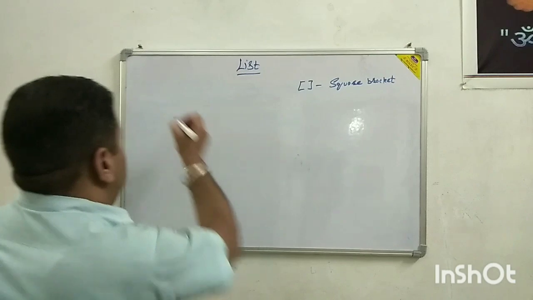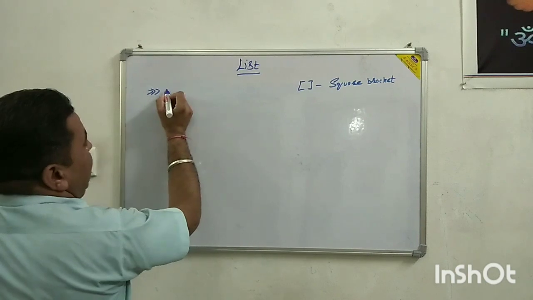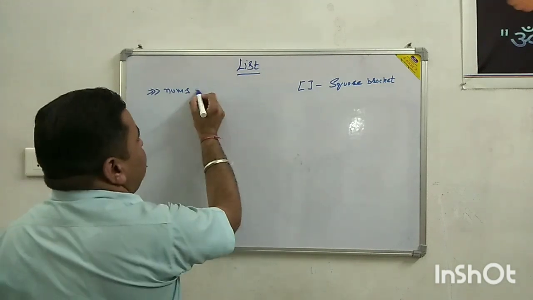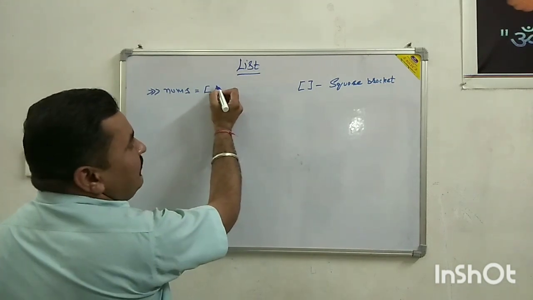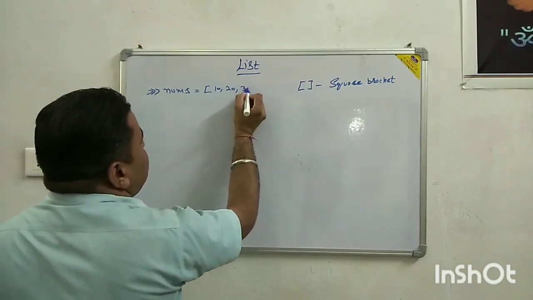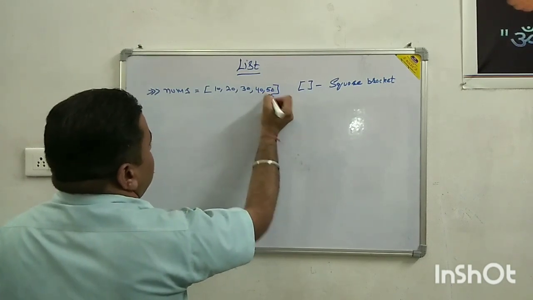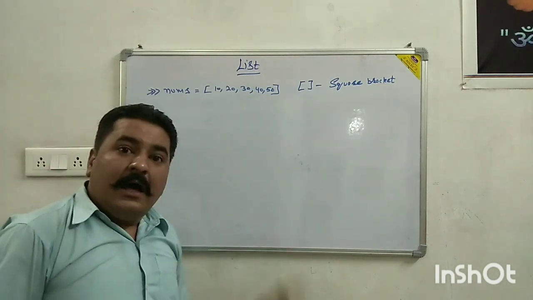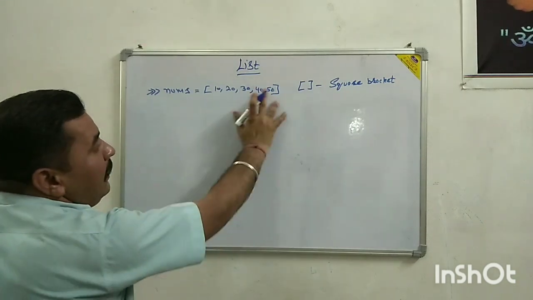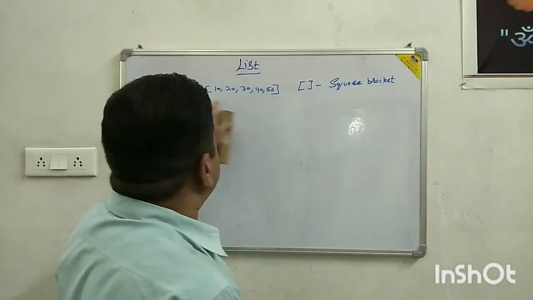We'll start with the numeric values. In Python we write nums is equal to, in square brackets, 10, 20, 30, 40 and 50. So this represents a list of elements. So nums is a list of elements, all integer numbers.